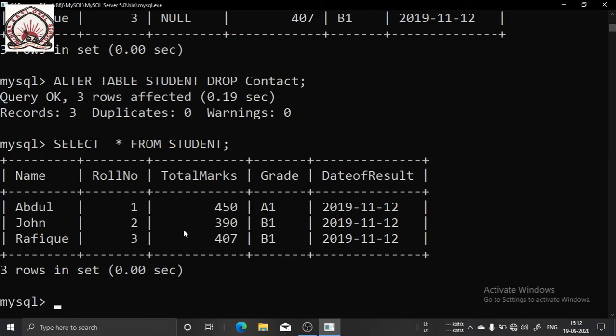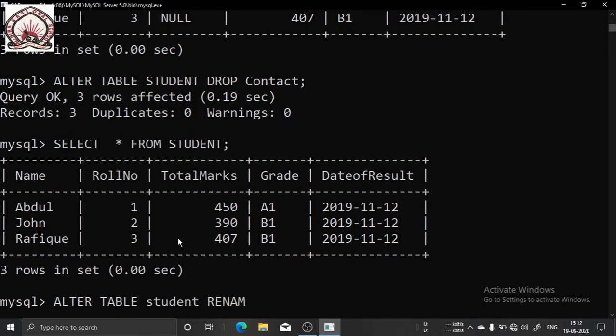Now suppose I want to rename the table. My table name was student, and I want to change the name. So what is the command? The command is alter table, then the old table name. My old table name is student. Alter table student, then I have to give the command rename, R-E-N-A-M-E.